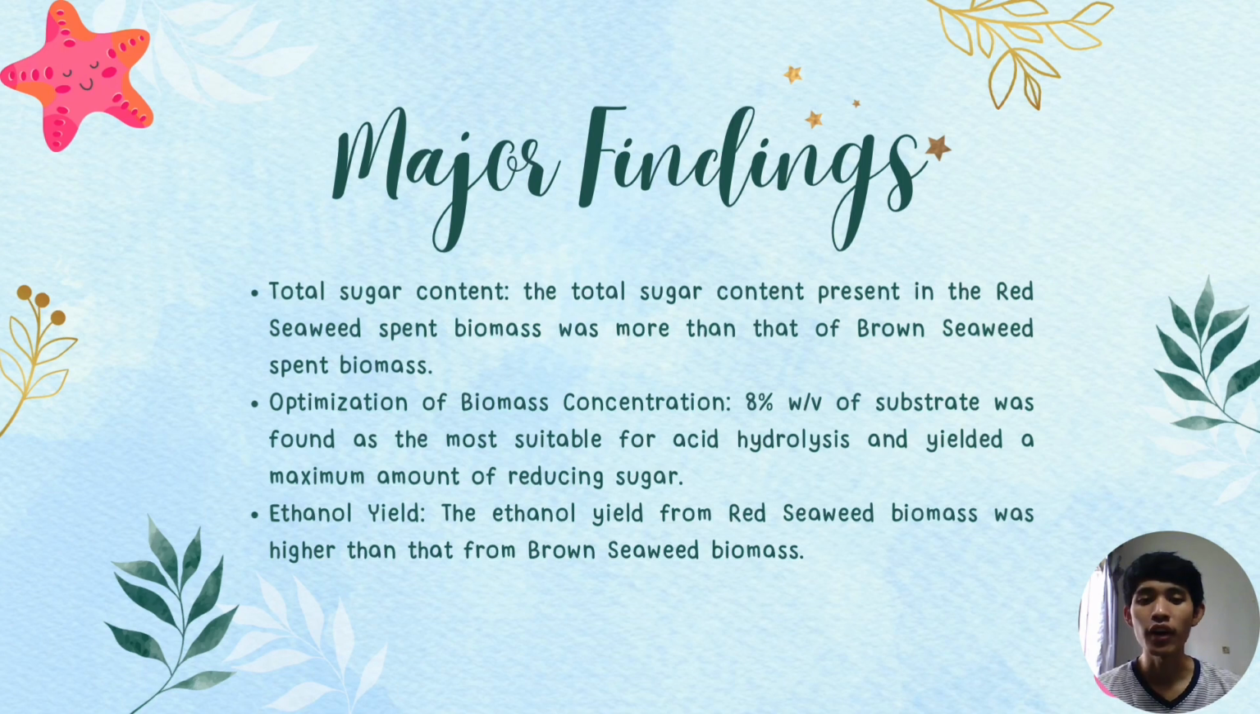Now, the major findings of our chosen research paper. First of all, the paper found out that the total sugar content present in the red seaweed spent biomass was more than that of brown seaweed spent biomass. This could be due to brown seaweed being obtained after phycocolloids extraction, while red seaweed was obtained after phycobiliproteins